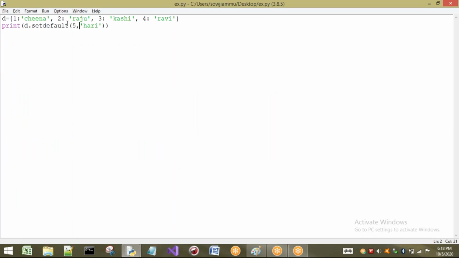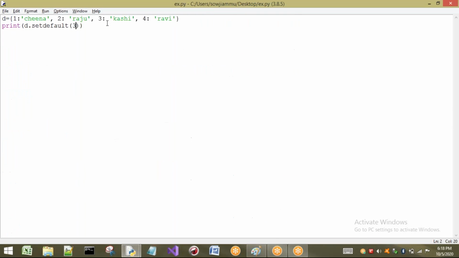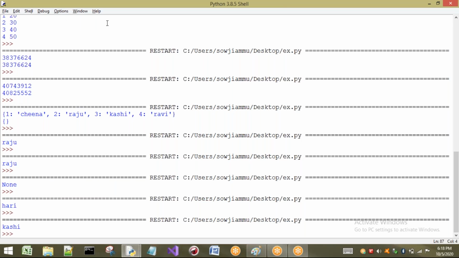Why is it Hari? First it will check for 5. Is there any 5? It is not there. So it will print the default value. If you do not give the default value and the key is not present in the dictionary, then None is returned. In the next case, if you give a key which is present, then the value associated with that key is printed. Even if you keep a default value here, if 3 is present inside the dictionary, then the corresponding value is printed.